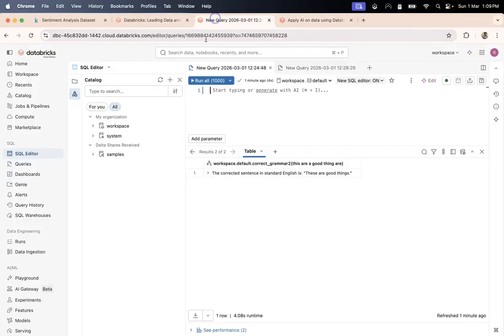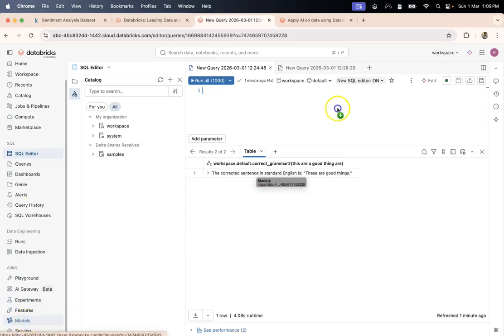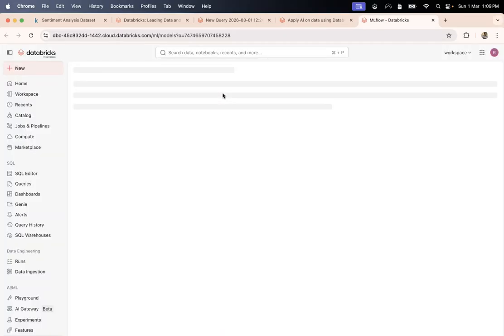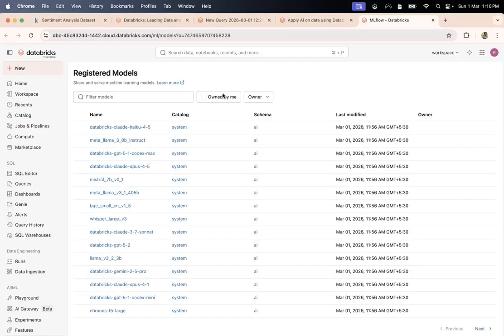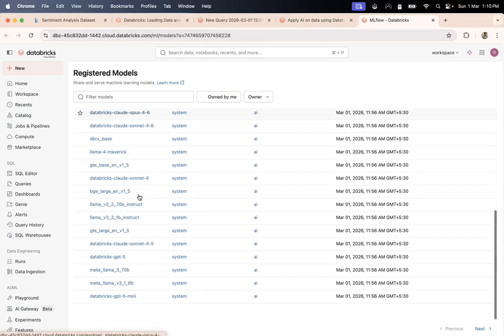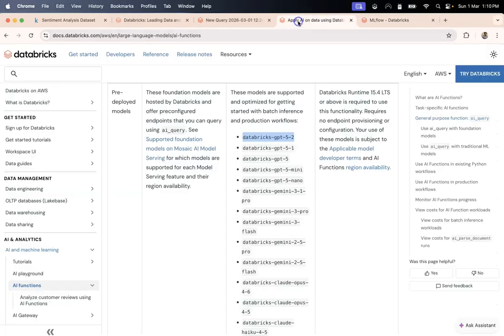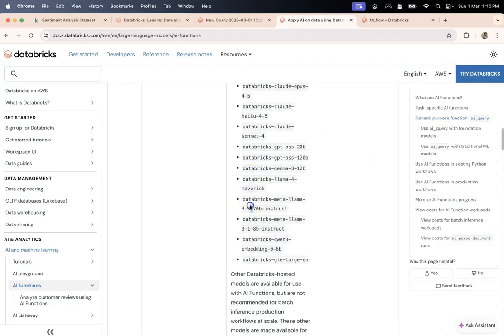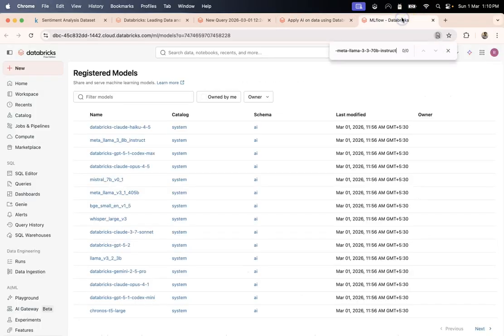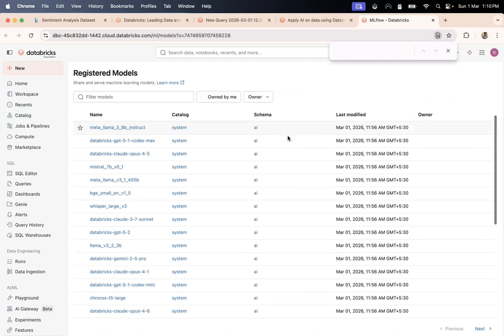Now, when you sign into Databricks free edition or any edition for that matter, if you navigate to models, you will see some models which are already registered and available here. It will list both the models registered by you, the custom MLflow models, but at the same time the LLM models. So all these models are available, and you can find this list here as well. For example, if I do Control C, Control V, this should be available here.